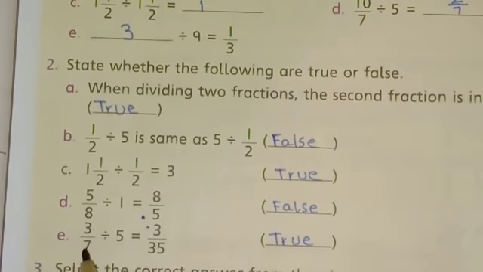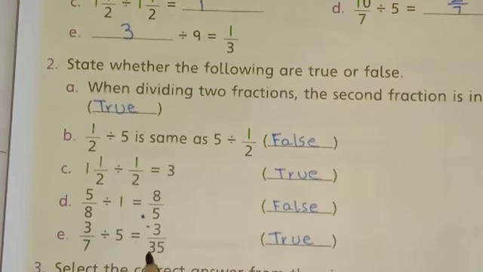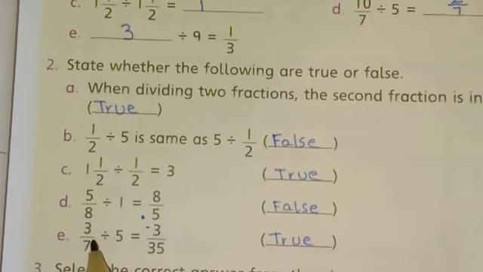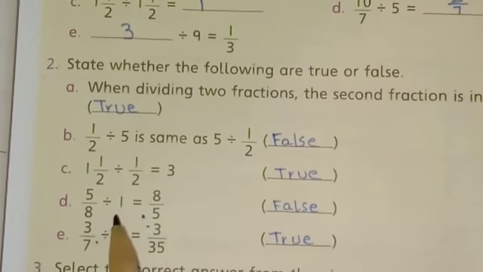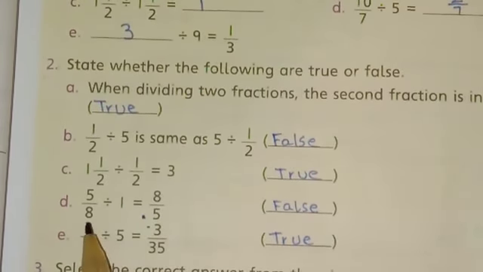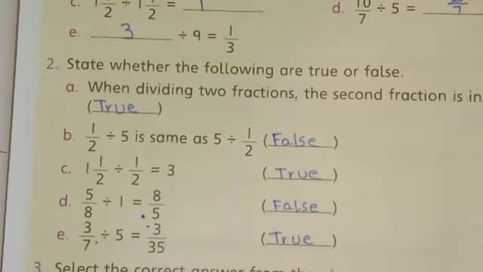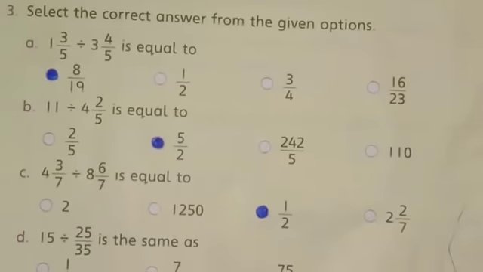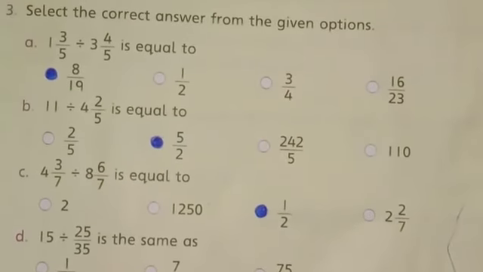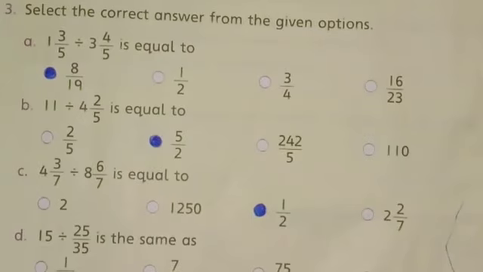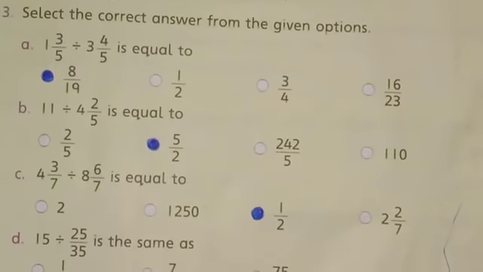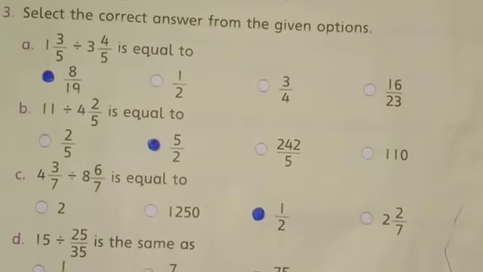E part: 3 over 7 divided by 5 is equals to 3 over 35. Now when we take reciprocal, it will become 1 over 5. So 3 ones are 3, 7 fives are 35. So this is true. Next, question number 3. Select the correct answer from the given option. 1 whole 3 by 5 divided by 3 whole 4 by 5 is equals to,